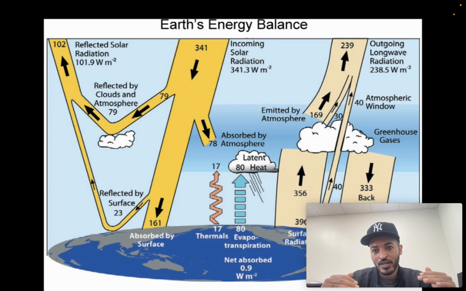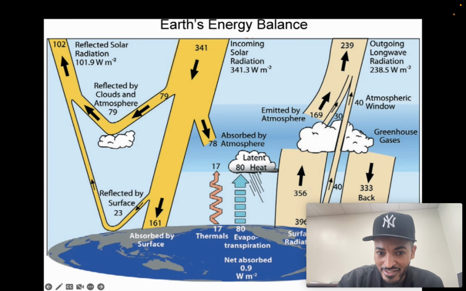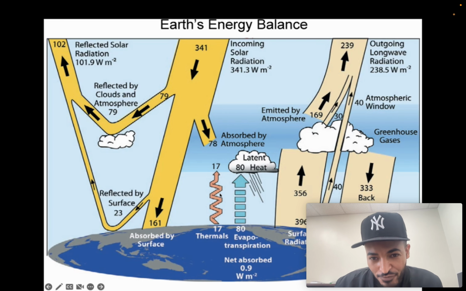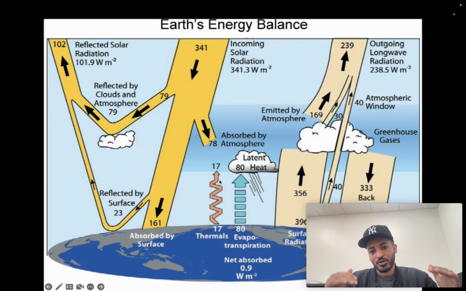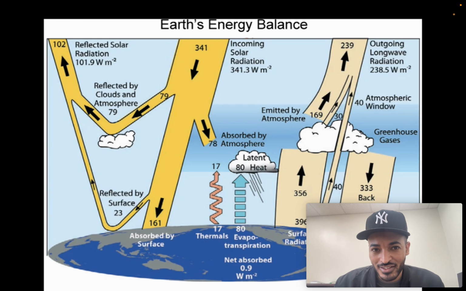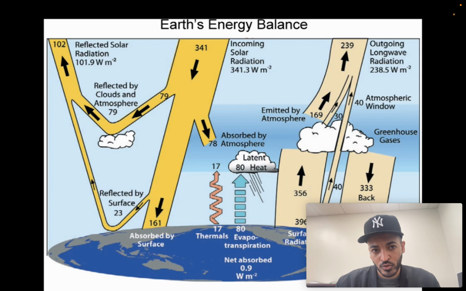So instead of maintaining this balance, because of this additional greenhouse effect caused by humans, we're causing more warming, and the Earth's energy system is out of balance, right? Typically what comes in is matched by what's going out. The system is always trying to maintain that balance, but we are definitely off balance because we are emitting unnatural sources,